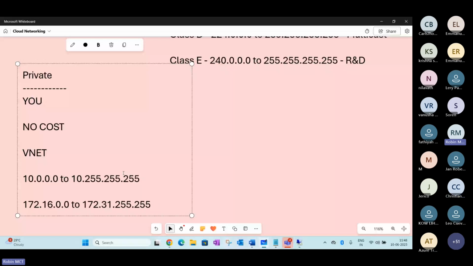So my point here, whenever you start creating a private VNet or a private IP address, this is done with the help of a VNet.